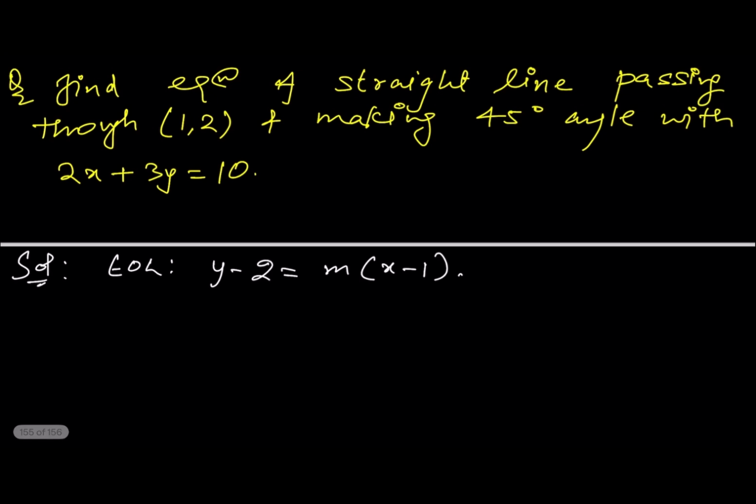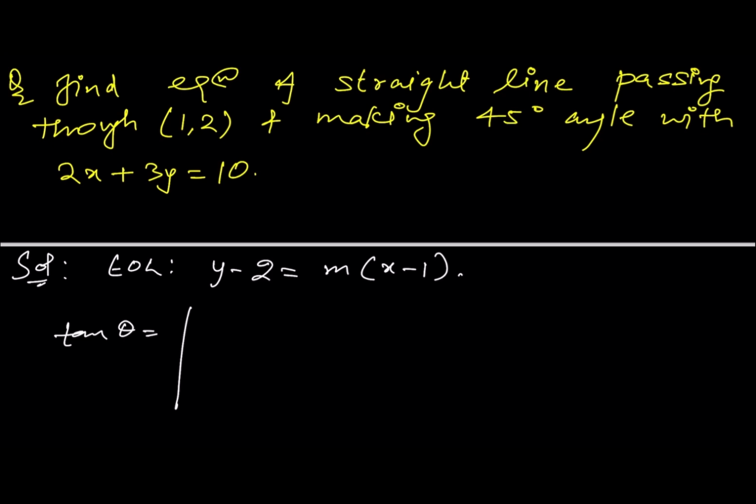But we do not need equation of line in terms of m for this question, because in this question we have to find angle between line 2x + 3y = 10 and other line having slope m, say. So tan theta will become